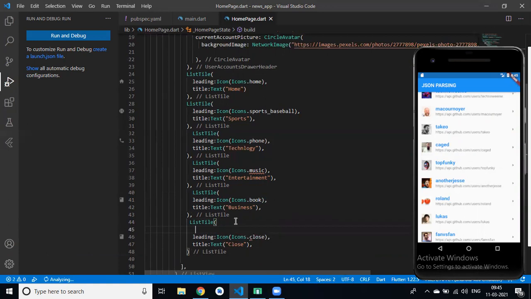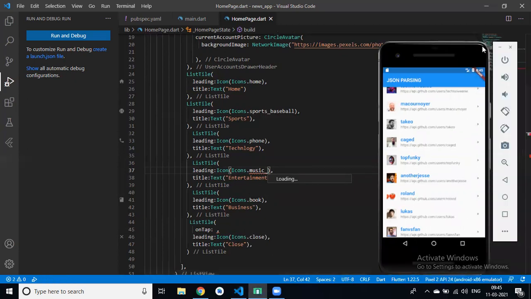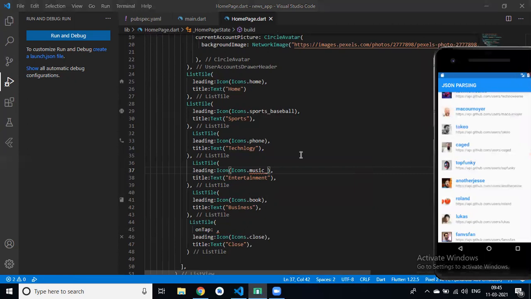And in this on tap, Roshan, for entertainment, the icon name is music underscore note. We'll wait for the hint, something is happening in my system. Yes, music note.